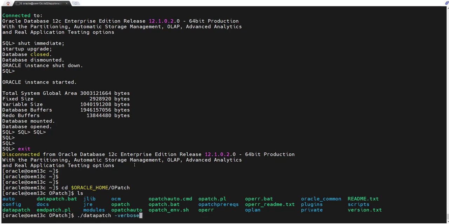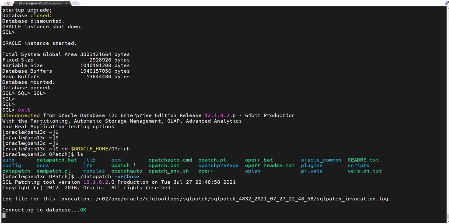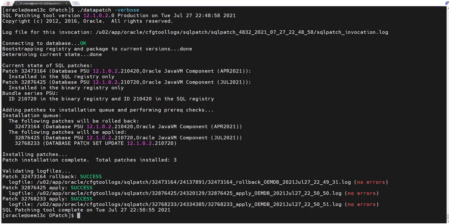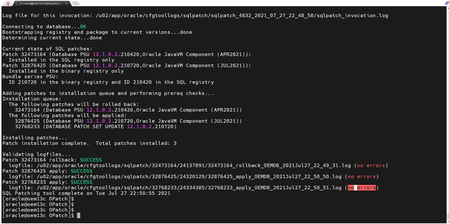This is the command you need to run to apply post installation steps. Okay, run this. Okay, completed. So as you can see, no error here. So far very good. Our patching is done, very good.